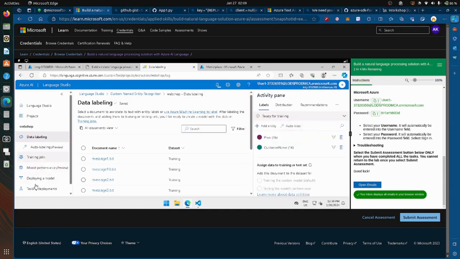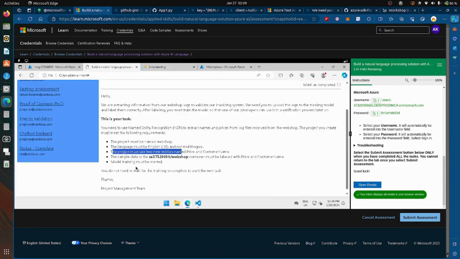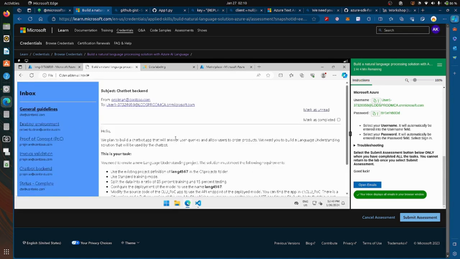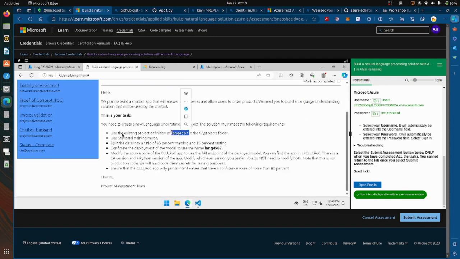So after training the job, I think we have to deploy it. Okay, we just have to train the model so one of their developers can use it in the verification process later on. You don't need to wait for the training to complete and start the next task. Okay, so we can start the next task. So chatbot backend. So in this we have to use the existing product definition of